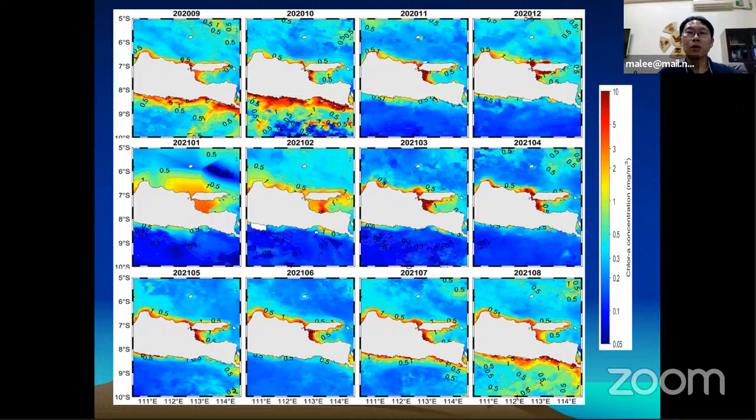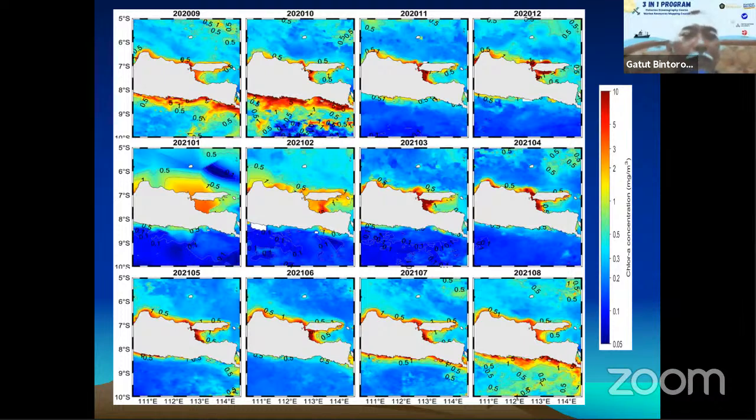So we can use this idea or methodology to monitor the monthly, temporal, and spatial distribution of the chlorophyll A concentration. This slide is for the water in south and north side of the Java area. Maybe my answer is a good reply to your question. Yes, your answer is very clear and meets